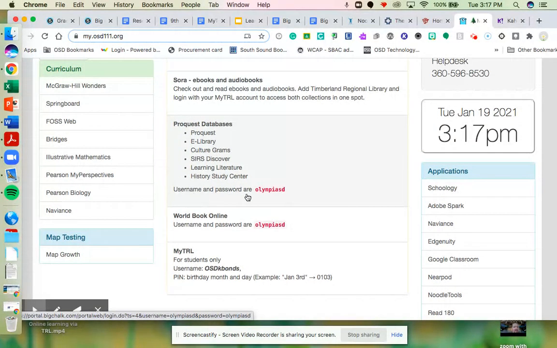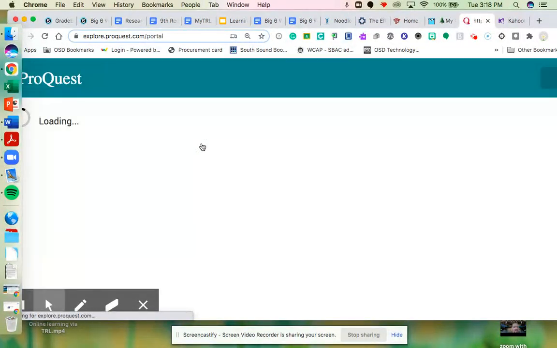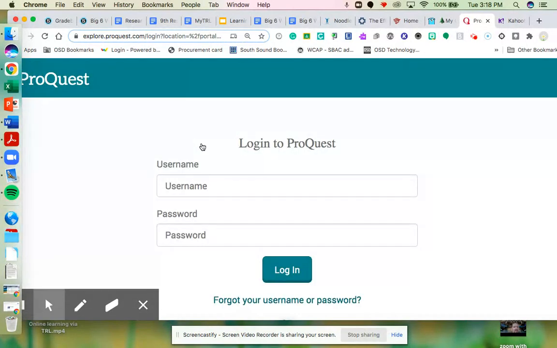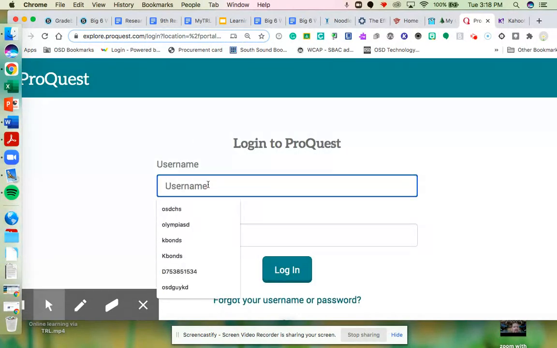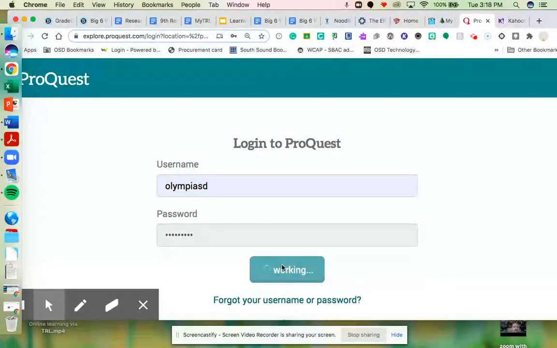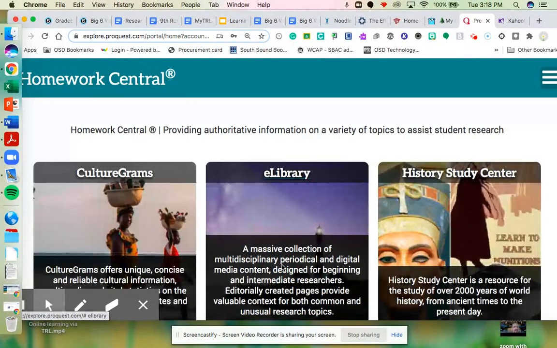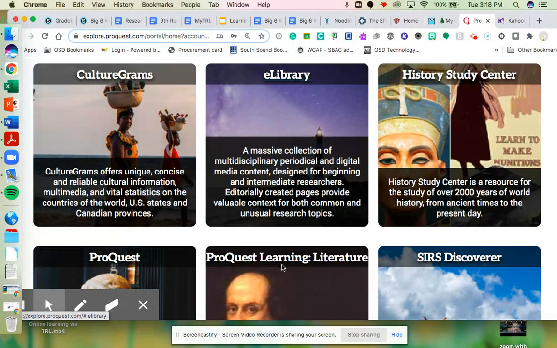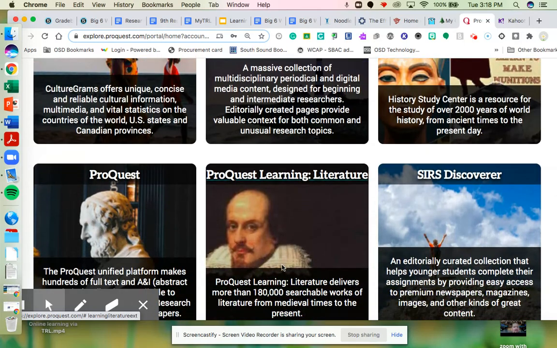So it says the username and password will be Olympia SD. And once you get here, clicking on Proquest in the lower left,